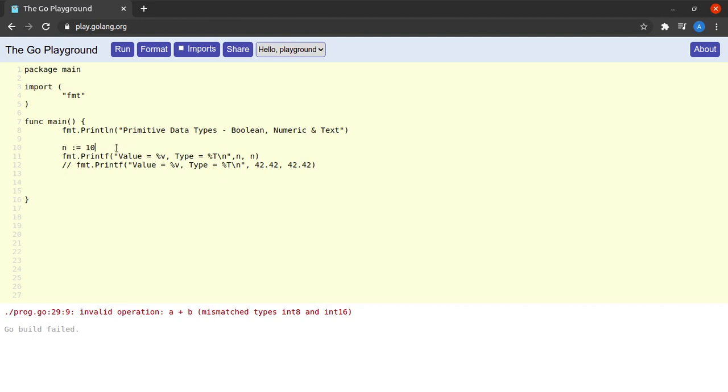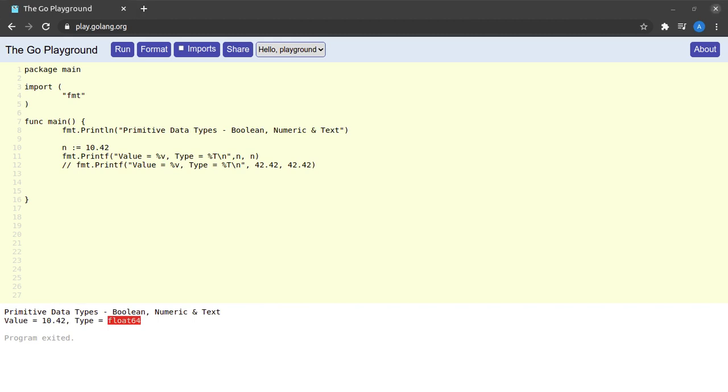floating point data type. So if I say n := 10.42 and I run this, I see that the type is float64. So a floating point data type is a data type which can hold numbers which have a fractional part as well.